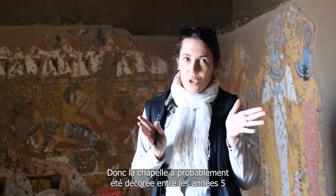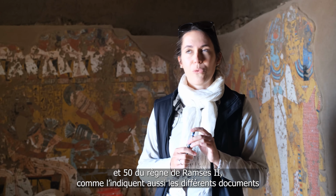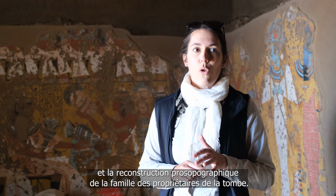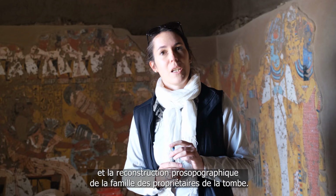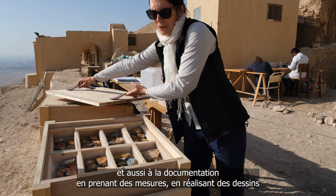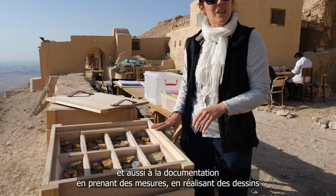So the tomb's chapel was probably decorated between year 5 and year 50 of Ramses II, comparing many different documents which were found either by cleaning of the courtyard in the 1920s or by prosopographic reconstruction of the tomb owner's family. So in this season we worked on the restoration and also the first documentation, like measurements, drawings, and also